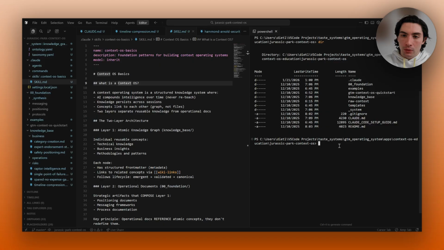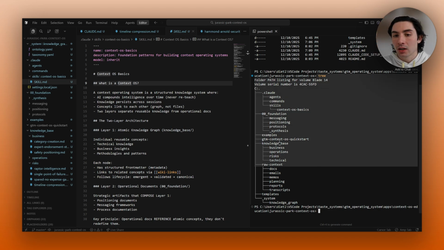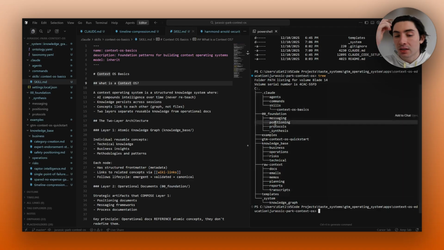So you see here, we're looking at this directory like this. If I hit tree, now we see this branching tree system. So this is what Claude Code is navigating up and down, right? It's going to go, hey, Jacob told me to go check the messaging. There are multiple different ways to get there, but let's say it's going to do list, and it's going to see basically this exact thing. And it goes, oh, okay, the positioning is in the foundation. I'm going to go in there, and I'm going to mimic this right now.